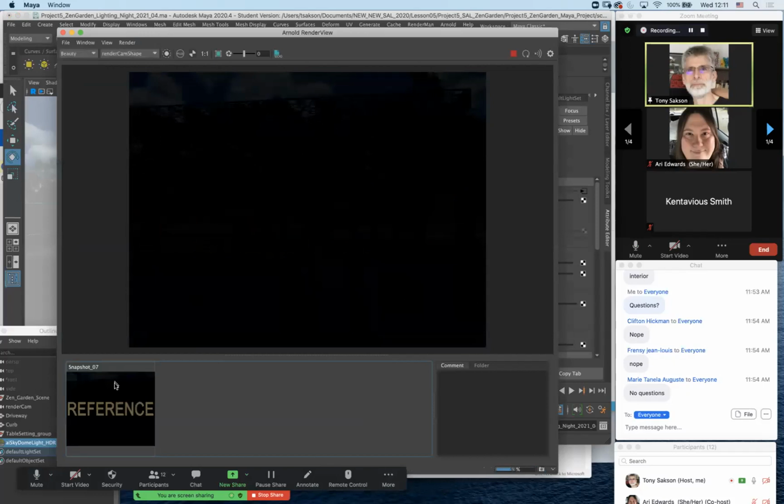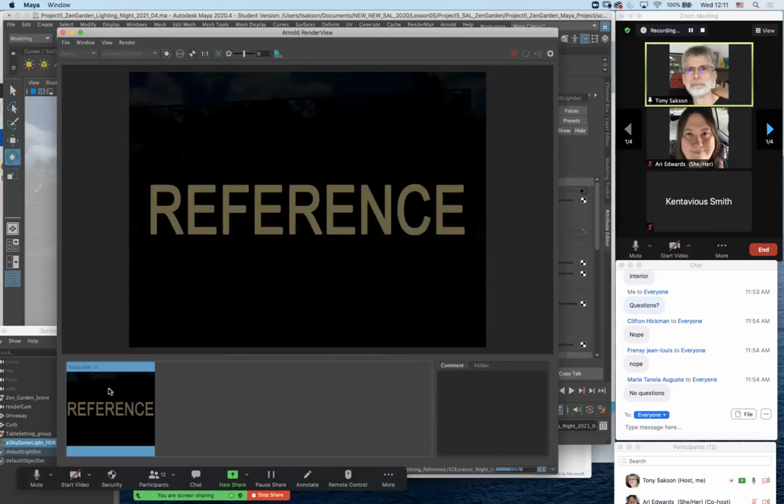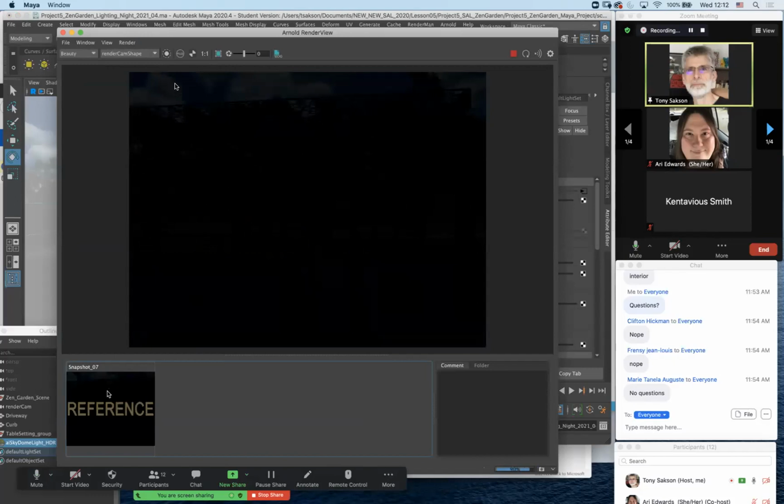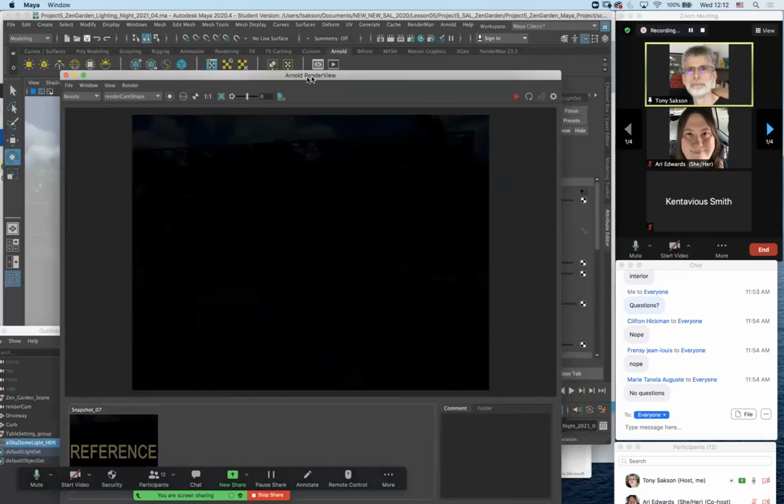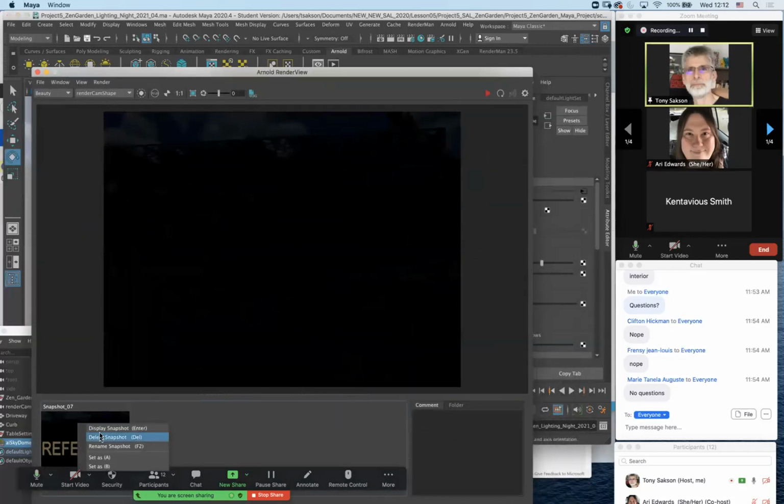All right, looks pretty close. I don't know if you can see that on the board. Little tiny bit of light up there, but that should work. All right, so we got the dome light in, we got it rotated, we got the intensity kind of roughed in there. Let's load our next reference in,